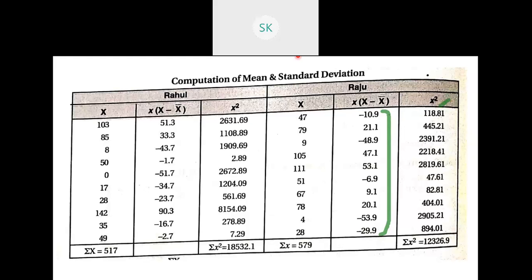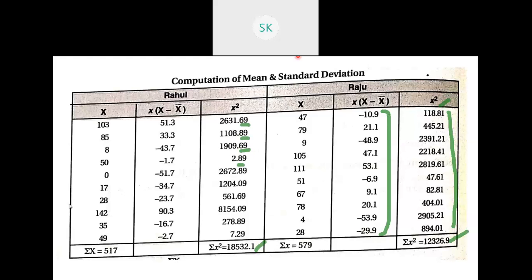Once you find x square, we are going to total all of this. One thing you have to be very careful about is when squaring these numbers with decimal points, you will get two decimal points. Now here you have one decimal point. Please take two decimal points everywhere. Once you take two decimal points, when you add them up also, however much you get, you can write it directly. Be careful with the points. That is the major part here.